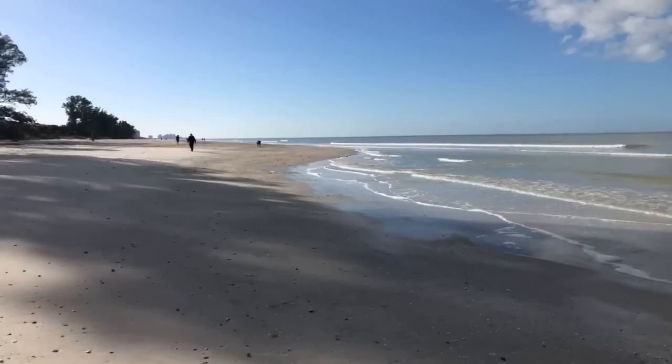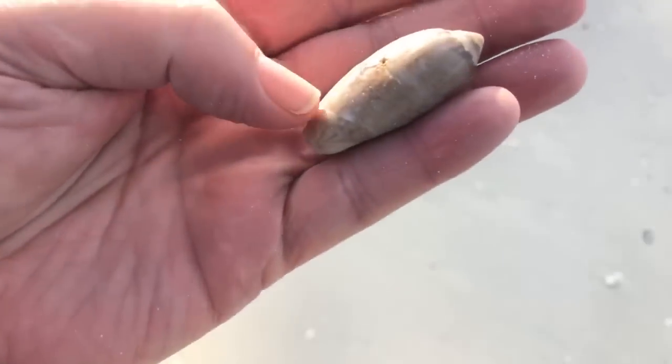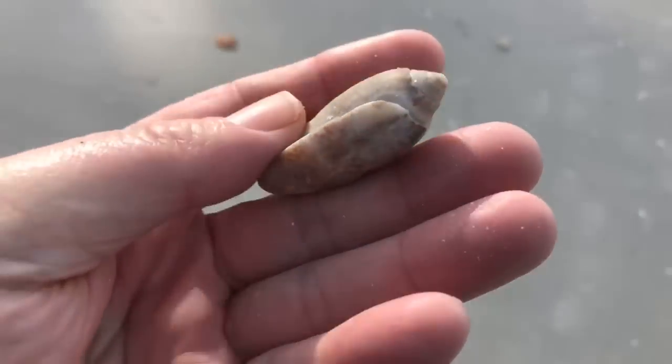Found a couple nice little olive shells. A few little olive shells. This is an olive shell here. I found one